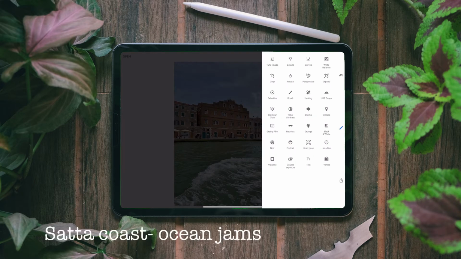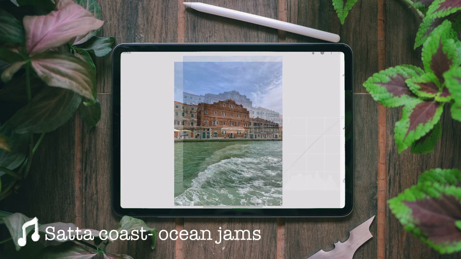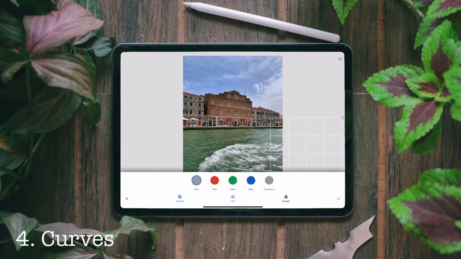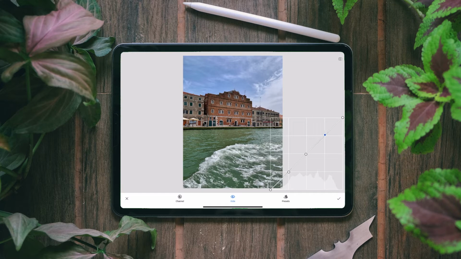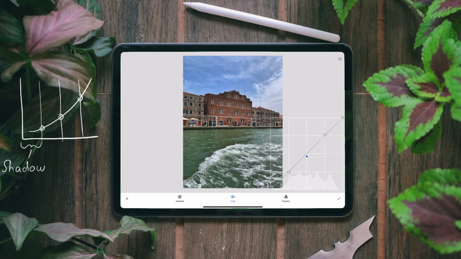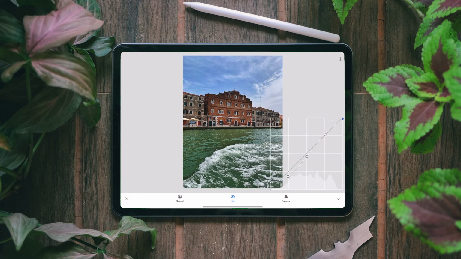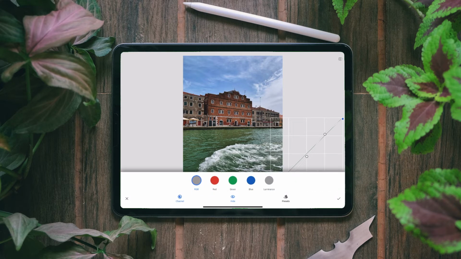Now we'll jump into, I think we'll go into curves. Now we'll first do the RGB curve. I like to crush the blacks a little bit to give my photo a faded look. I'll bring the midtones down by a slight notch and bring the shadows down as well. Yeah, this much. So basically I create an S curve according to my liking,